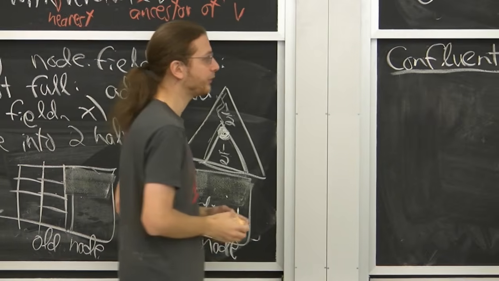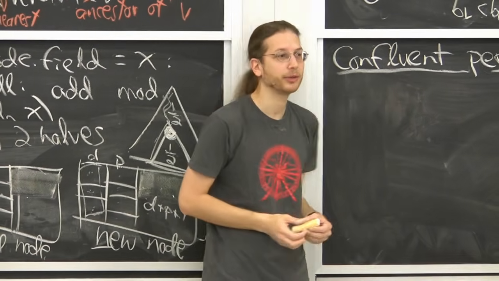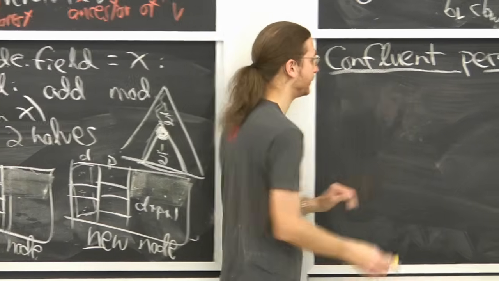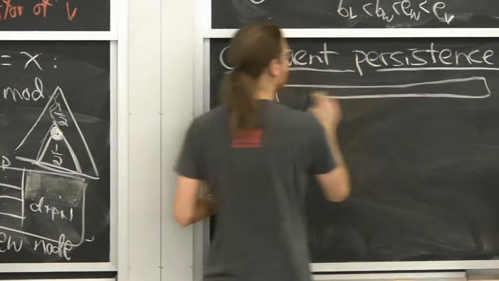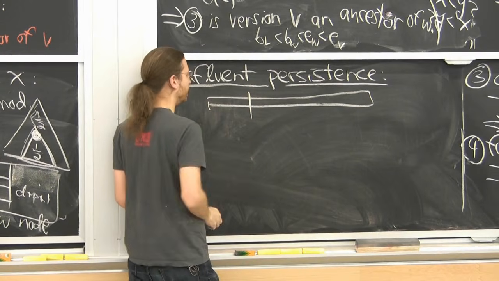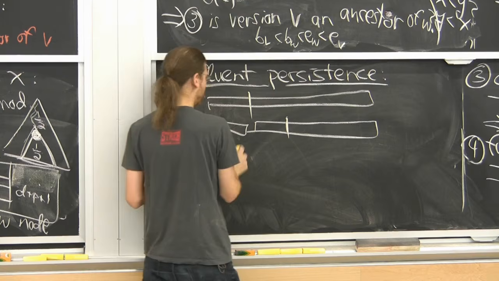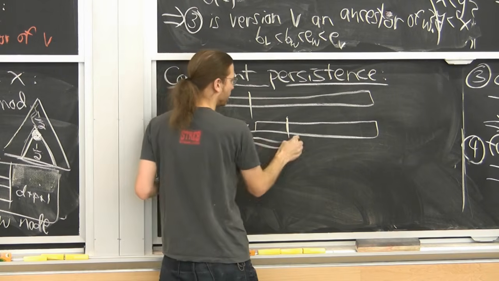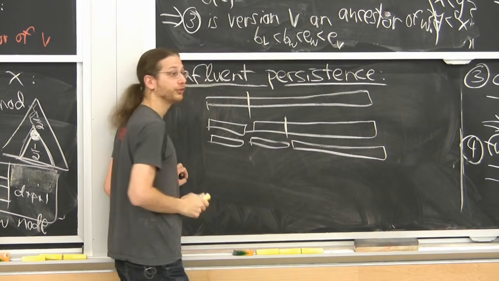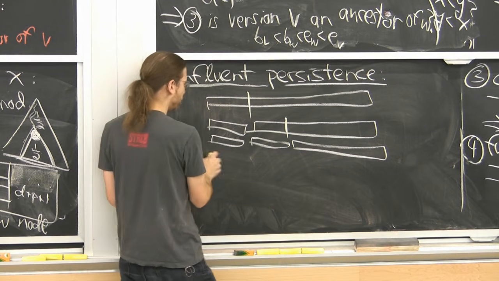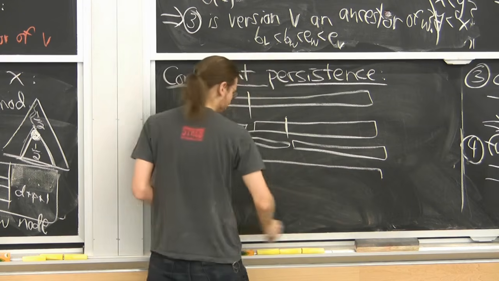This is, in some sense, what you might call a confluent operation, because maybe a cleaner way to think of it is the following. You have your string. Now I have an operation which is split it. So now I have 2 strings. Now I have an operation which is split it. Now I have 3 strings. Now I have an operation which is concatenate. So I can, for example, reconstruct the original string. Well, actually, I have the original string.